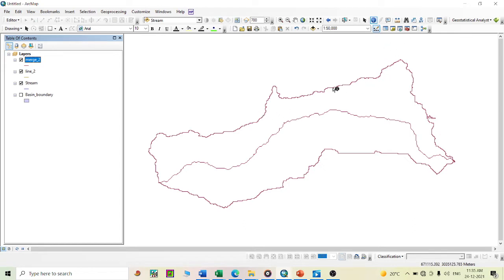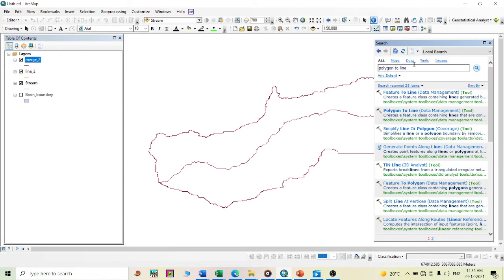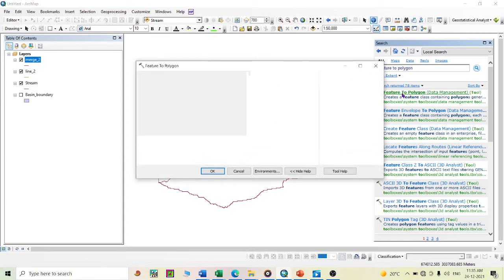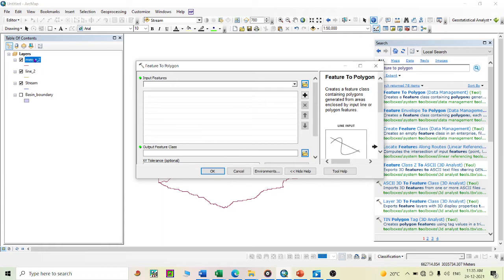And the next step is the final task. Now convert this merged line feature to a polygon feature. For that, just click the search option and type features to polygon. Click the search option, and the first link, Features to Polygon, just click here and drag it.